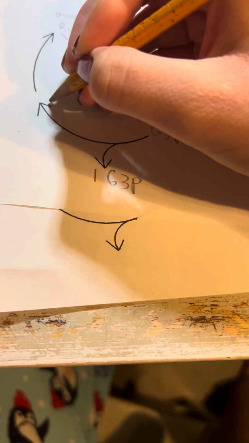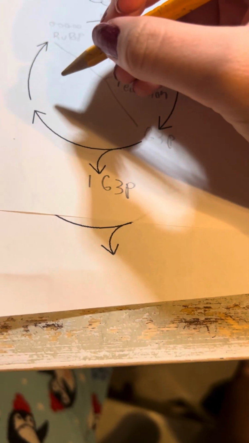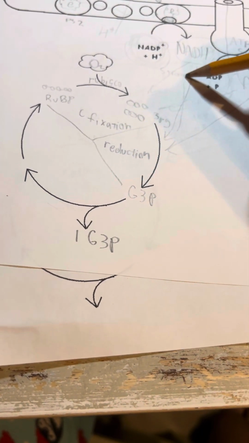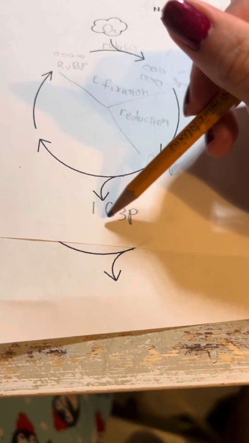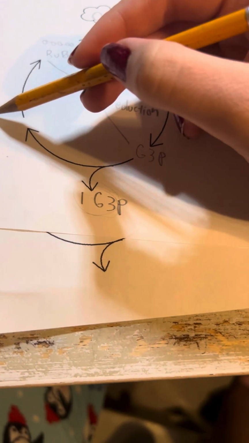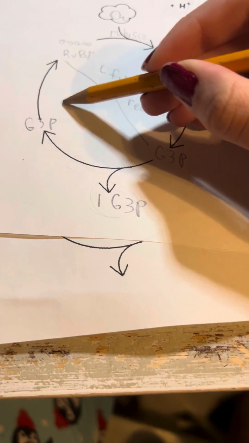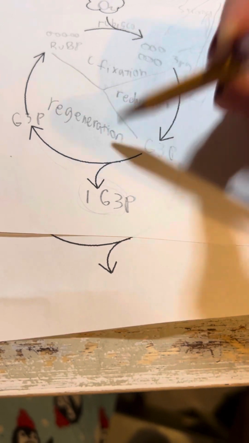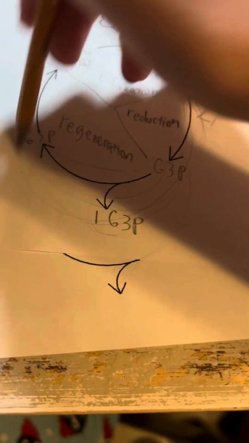So, a majority of the G3P is just going to go back to repeat the cycle. And remaining ADP and NADP+ are going to return to the thylakoid and just keep creating some ATP. So yeah, one G3P set aside for glucose. And the majority of the G3P are just going to move back to the regeneration phase of the Calvin cycle. And it's just going to repeat 6 times. So this is going to turn into RuBP. And then this cycle has to repeat 6 times because